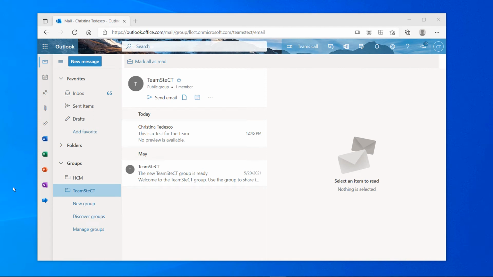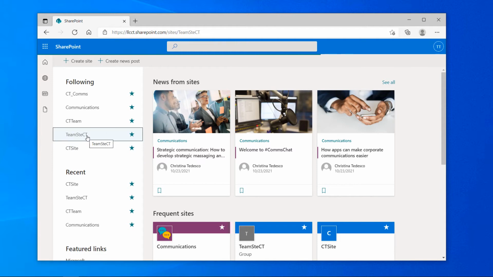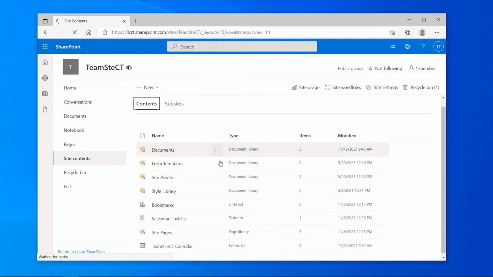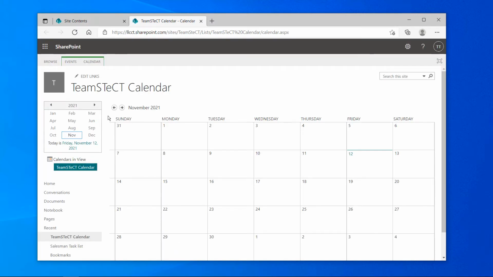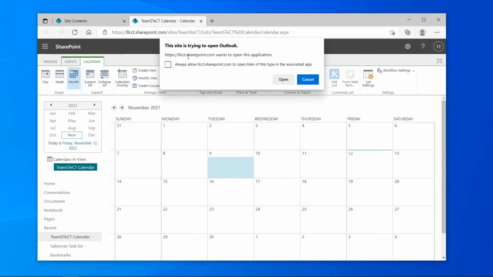Now, another handy feature here is for the calendars in Outlook also. So if I navigate back to my SharePoint site, and let's see if I have a calendar application set up here. Yes, I do. Great. If I go into my calendar that's managed on my SharePoint site, and I sync this to my Outlook by just creating the sync link from the calendar ribbon in the application on the SharePoint site,